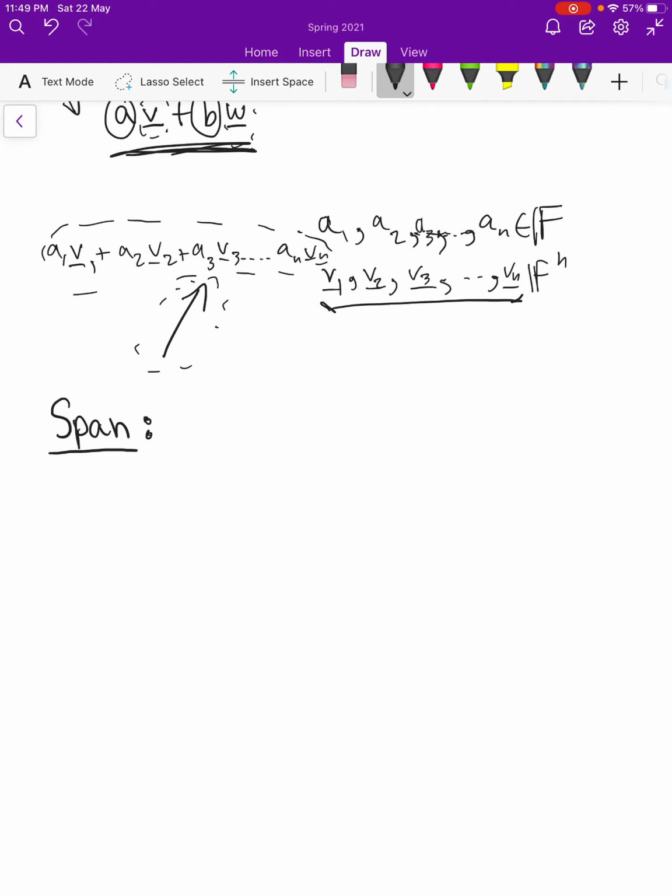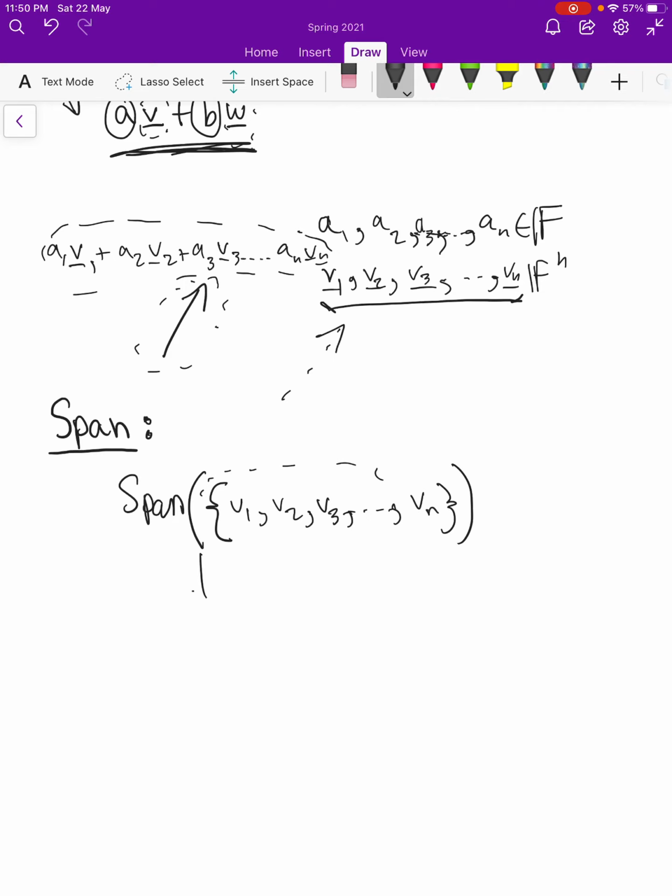Now, a span of the vectors v1, v2, v3 up to vn: we'll say span, we're going to use a round bracket, curly bracket, and write v1, v2, up to vn, since this is essentially a set,